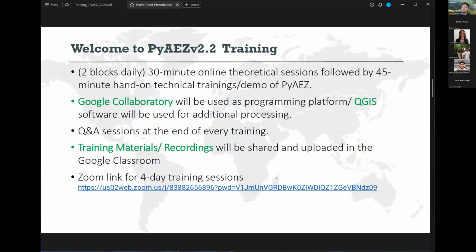This theoretical session will be followed by about 45 minutes of hands-on technical training or demo from my colleague Swan from the Geoinformatics Center at AIT.